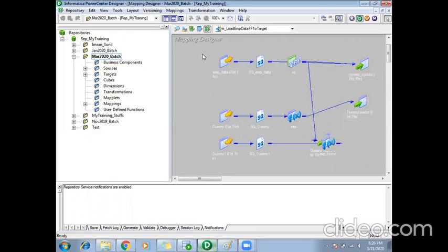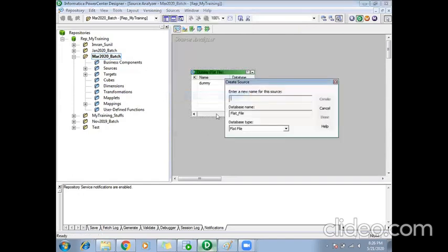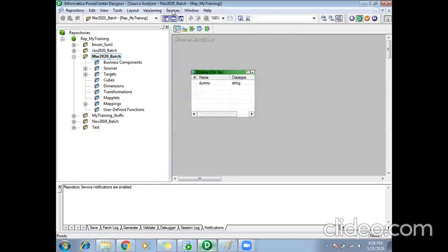Okay, let's start. So till now guys, in my PowerCenter Designer, if you see these icons, source analyzer, these are the workspaces where we do our actual coding. So till now we have seen the source analyzer, where we can create our sources. Either we can create it manually or we can import the sources from a database or a file. So that we did in our source analyzer.